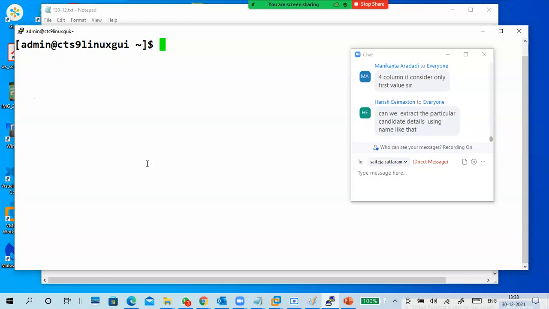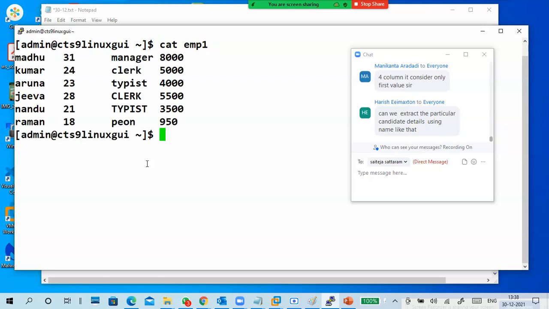Okay. First of all, what is it? EMP1. You got the data. I want to display whichever column you want. Tell me, first column or second column or third column? Third column.